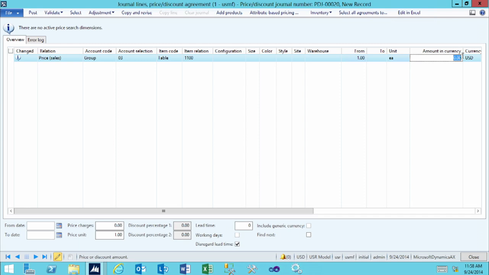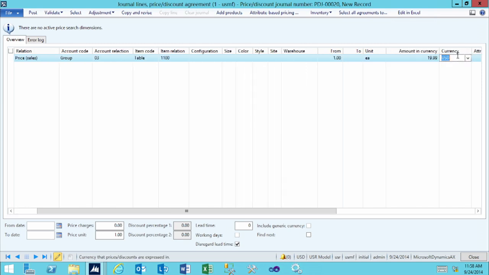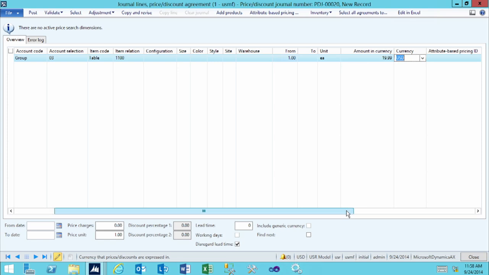In the amount in currency field, we'll type in the amount that this t-shirt will cost. I'll enter $19.99 as the sales price for this particular item. In the currency field, you'll specify which currency this price is expressed in. If the same shirt has a different price in a different currency, you would need to create a second line by clicking Ctrl-N on your keyboard or File New, or clicking the down arrow, entering all the same information, and